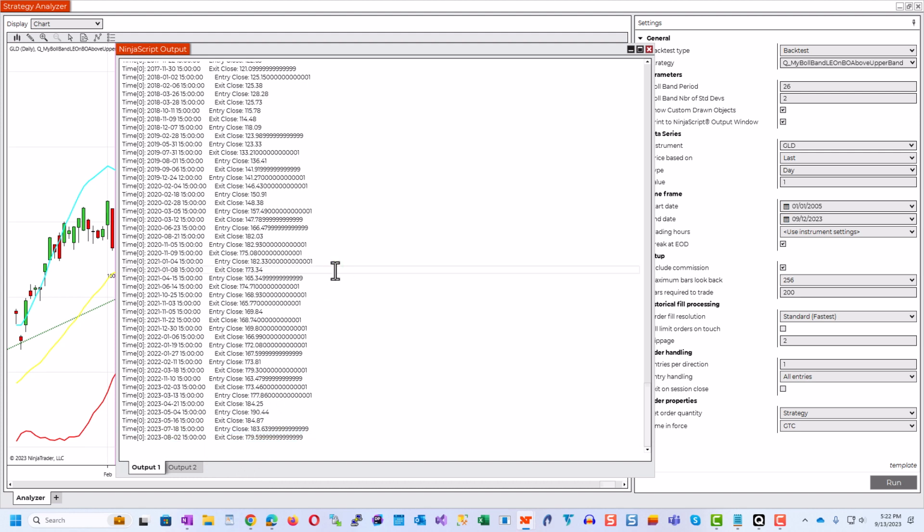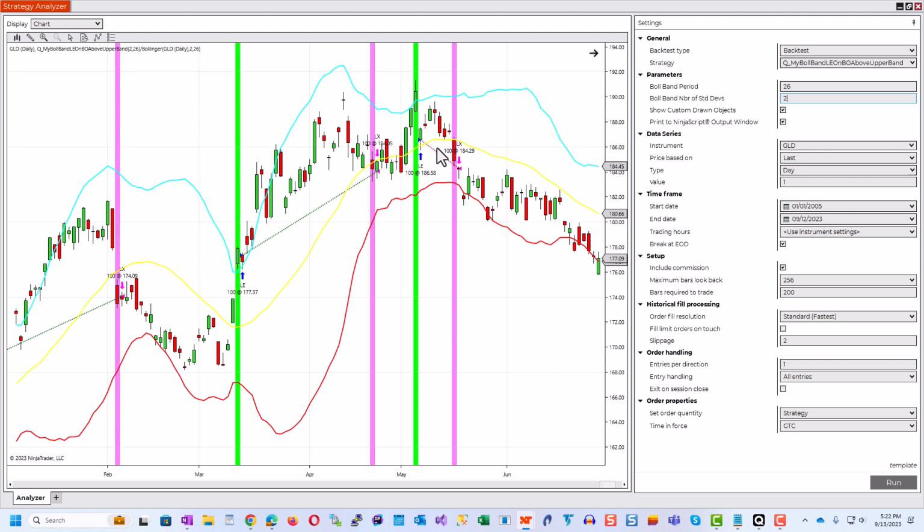The NinjaScript output window is a great place to print out information to help you debug your NinjaTrader strategies. So even our NinjaScript output window print statements worked fine.